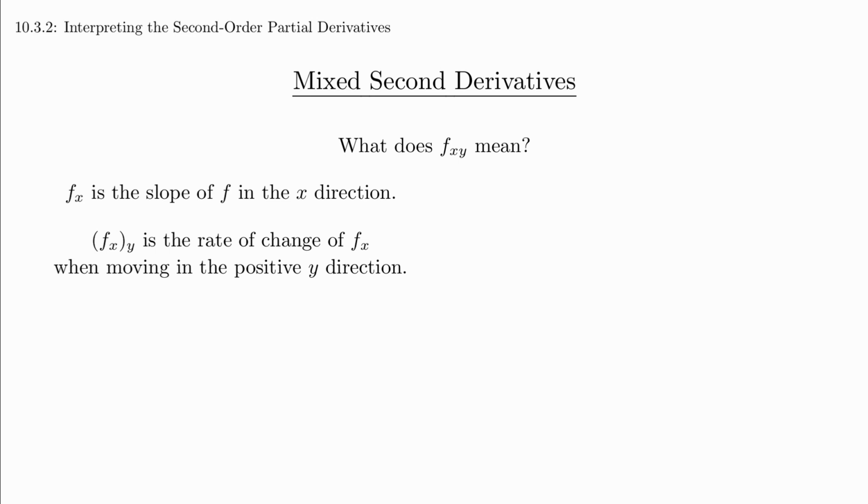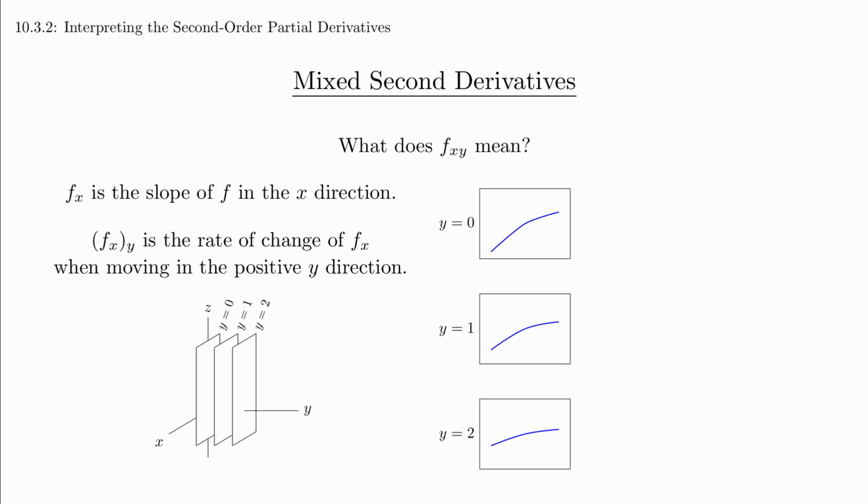This can be difficult to visualize. We're going to imagine a sequence of traces in the x direction. We've sketched some planes in 3 dimensions to help you visualize what this looks like, and we're going to line up those traces on top of each other. We're going to fix a specific value of x, say x equals a, and draw the slopes of each of the traces at that point. If we align these slopes with each other, we can start to get a visualization of the slope changing as